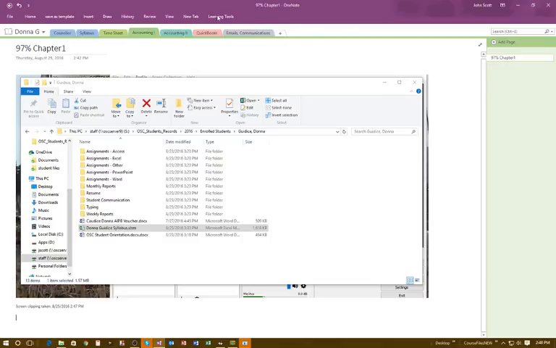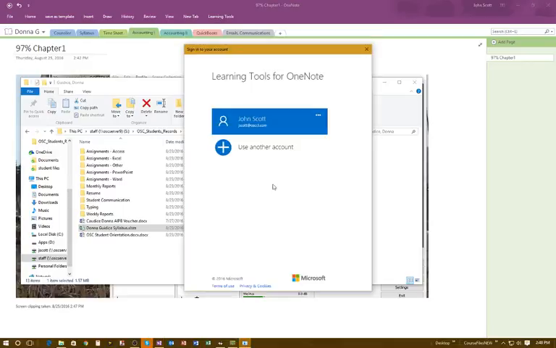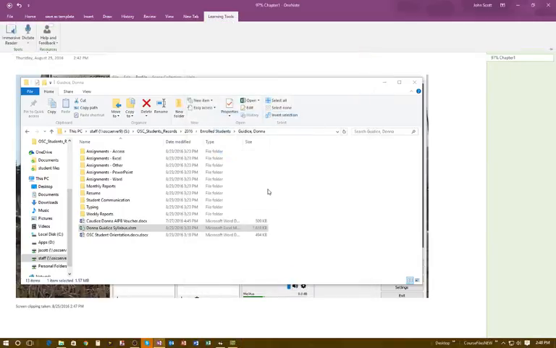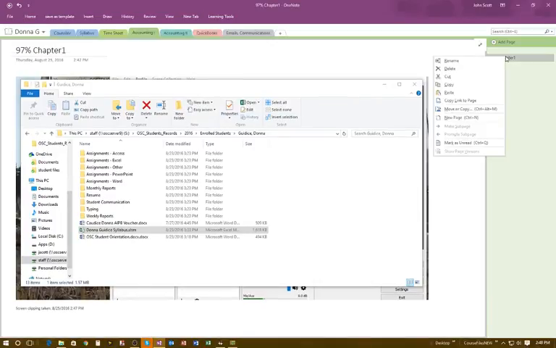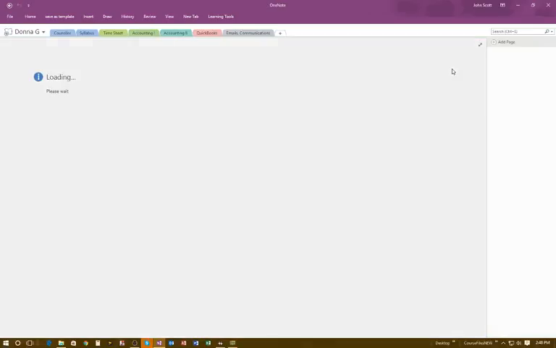and I've kind of locked things up with that dictate. It's still thinking. Oh, it wants me to sign in. Okay, so I'm going to go back to this, and I'm just going to delete this page because I don't really want that page here. Okay, so where was I? We were talking about adding